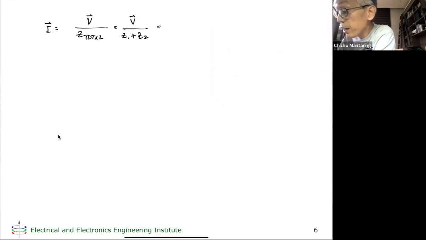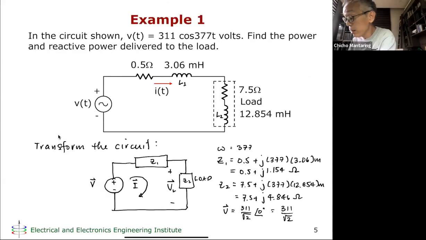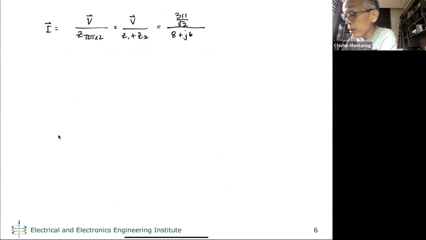So V is 311 over the square root of 2. And then Z1 plus Z2, if I get Z1 plus Z2, that is actually 8 plus j6. No? Because 7.5 plus 0.5 is 8. 4.846 plus 1.154 is equal to 6. So this is equal to 8 plus j6,